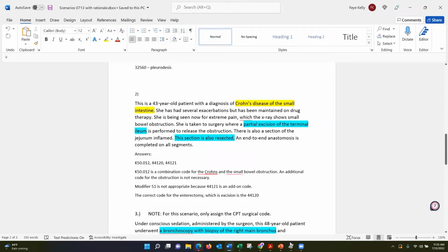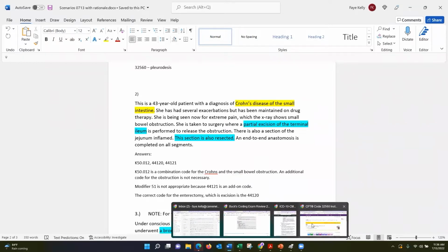So keep in mind, because I won't come back here, make a note that we've got Crohn's disease of the small intestine, and then we've got an excision of the terminal ileum, and we've got an excision of the jejunum, because that was also resected. And there was an end-to-end anastomosis, meaning the end of the terminal was reconnected to the jejunum. Okay. So let's find a code